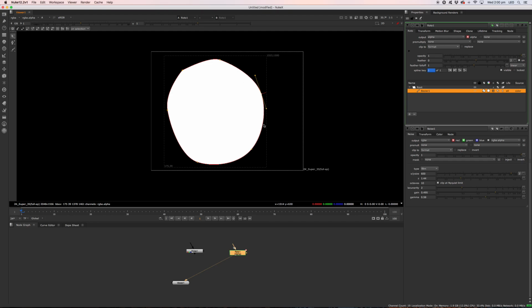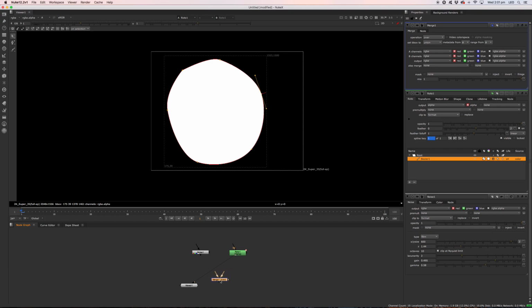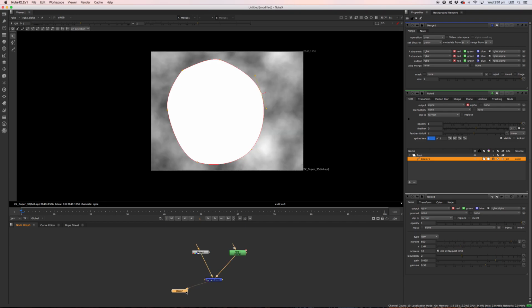If I wanted to break that edge up organically, say if I was cutting out leaves or part of an ocean or some grass, there are many organic features that we're often trying to balance the images between. This hard edge is often going to be problematic. So I can actually use this noise to break up that edge. Using the merge node set to a particular operator, let's look at that. If that's set to over, which is the default operator,